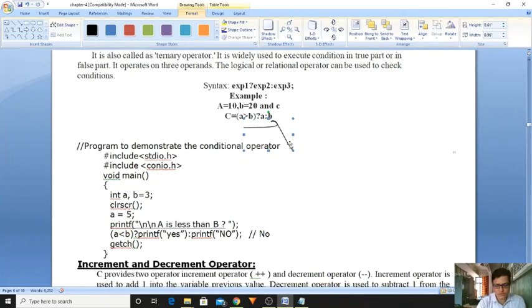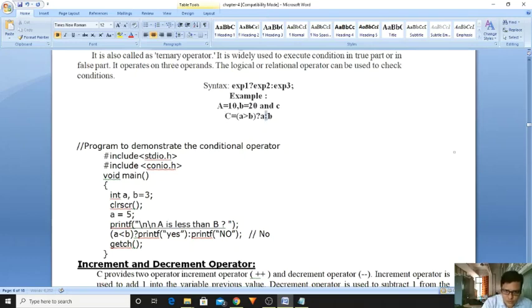That is why it will execute the statement after the colon. If the condition is true, a less than b, suppose I am changing the condition. Now you tell me, I am taking one more variable d, c comma d. D is equal to, please observe here I have declared small a. Now I am writing a less than b question mark a colon b. Now let me check what the a value is. 10 less than b, the condition is true. If the condition is true, what will it store? a will be stored in d.